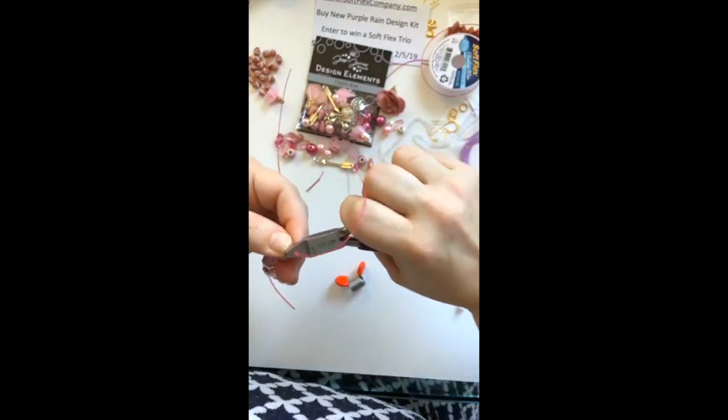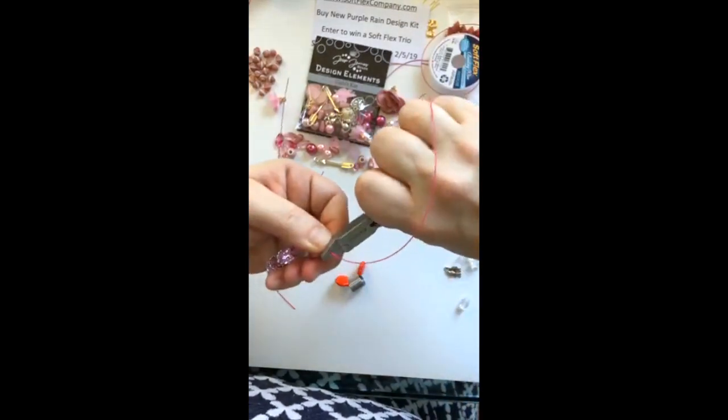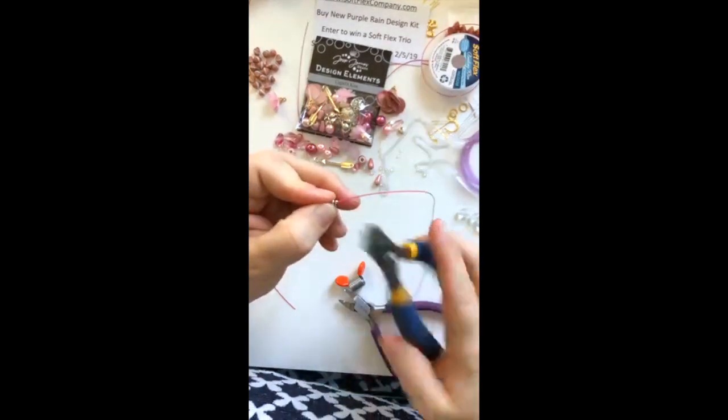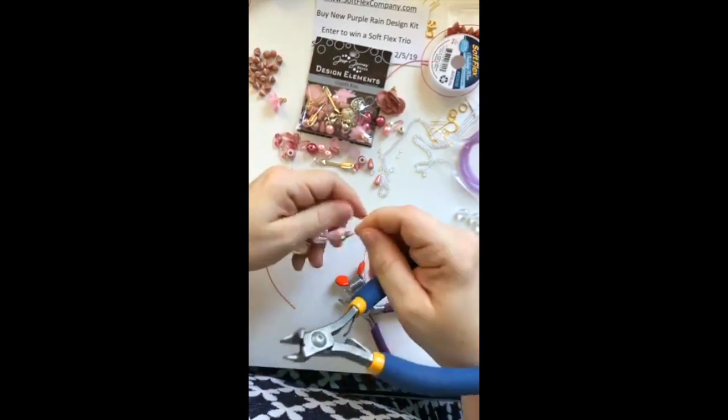And I'll just attach a clasp on the back end. It doesn't look like I have a silver clasp in here because most of the findings were gold. So I will just find a simple little silver lobster claw or something to put on the back end of